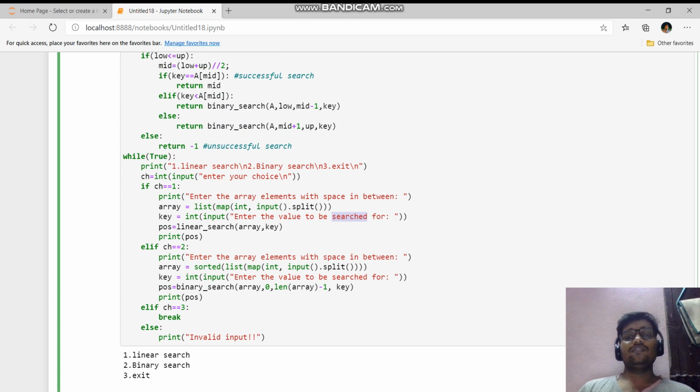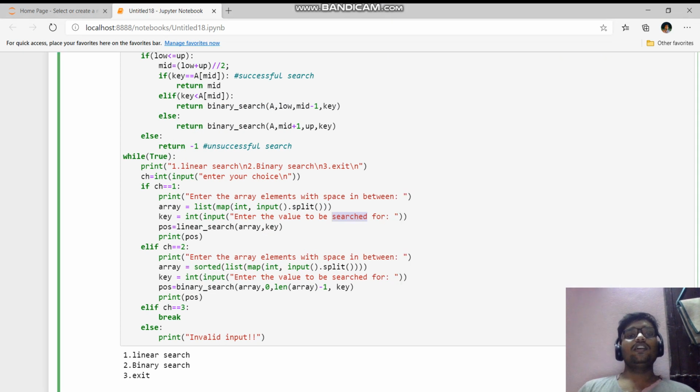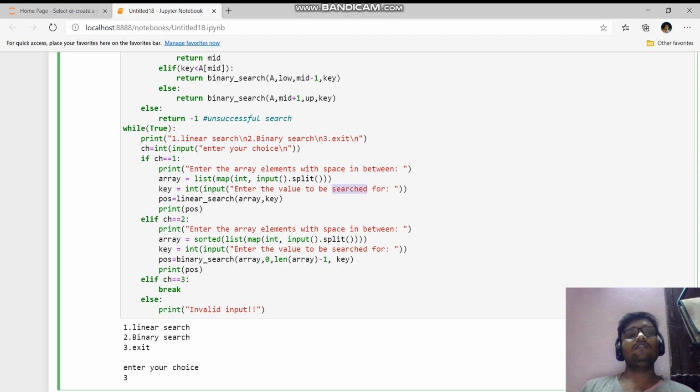Next, if the user presses 2, it means he needs binary search, and same thing, we prompt the user to enter the array elements along with the key. In this case, we can see the sorted method here, which sorts the array. As I've already told, binary search needs a sorted array.